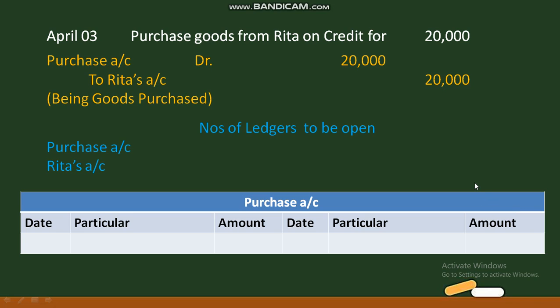First you have to check, in this transaction we are going to prepare the purchase account. So we have to check in that transaction whether purchase is debited or not. In this transaction the purchase account has been debited, because we are going to prepare the purchase account. While preparing the ledger, we put the title purchase account and check our transactions. If the purchase account has been debited, then we have to find out the reason why, what was the reason.